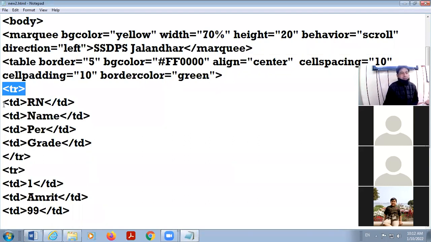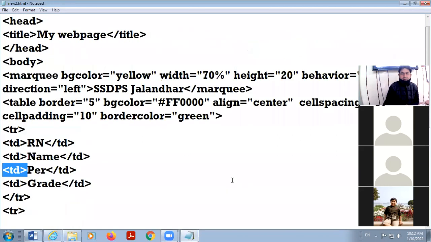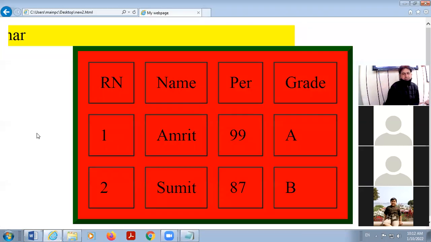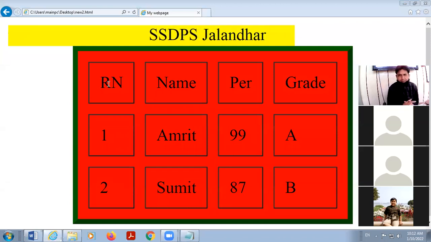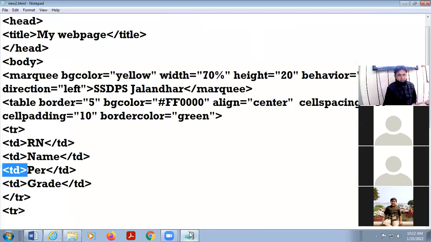And then TD stands for table data. Okay. These are for cells. And now, Bani, unmute yourself. Yes, sir. Bani, in my table, all the contents are same, right? I am increasing its rows a little bit, then we observe, I am changing the width of the table a little bit, then after that we will discuss something new.